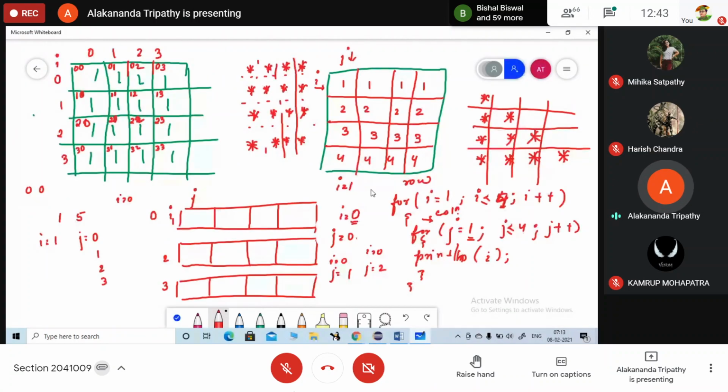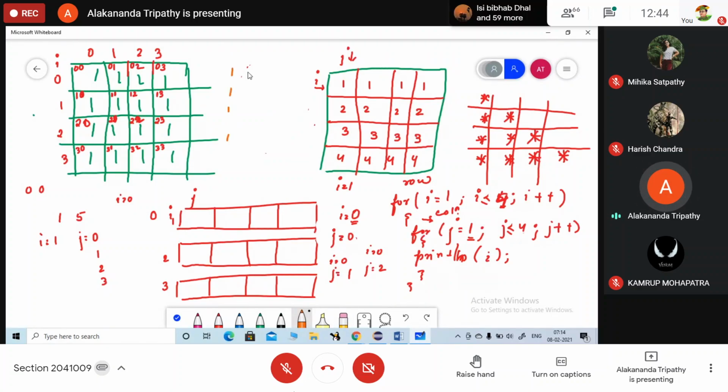Now suppose I want to print in this order. In the same code I am doing the changes; I am not writing separate code again. Suppose I want to print 1 1 1 1, 2 2 2 2, 3 3 3 3, 4 4 4 4. So what will be the change?